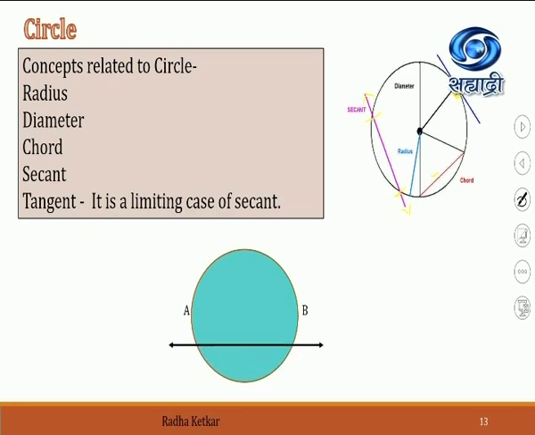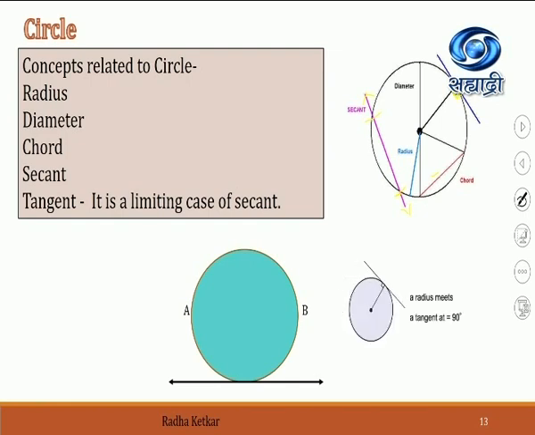So you can see in the animation, this is a secant, and when it reaches the bottommost point, it becomes a tangent because that is touching the circle in just one point. A secant will have 2 points common with the circle and a tangent will have just 1 point common. The next animation shows you that the radius is always perpendicular to the tangent at the given point. The angle is 90 degrees.